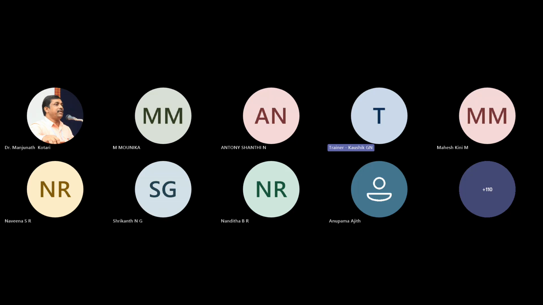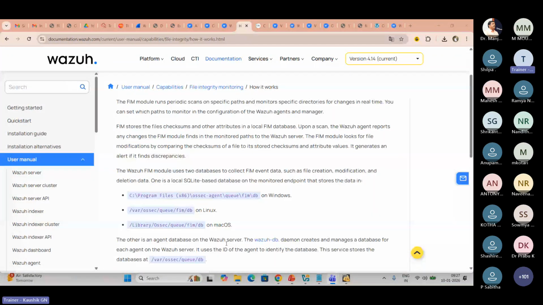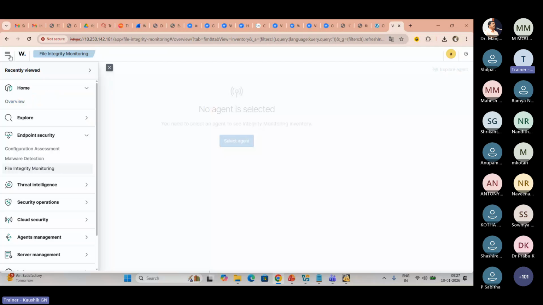So we will do one practical on how the agent can be added to the system. Here, in the home, I'm going to endpoint security because I'm using my laptop.